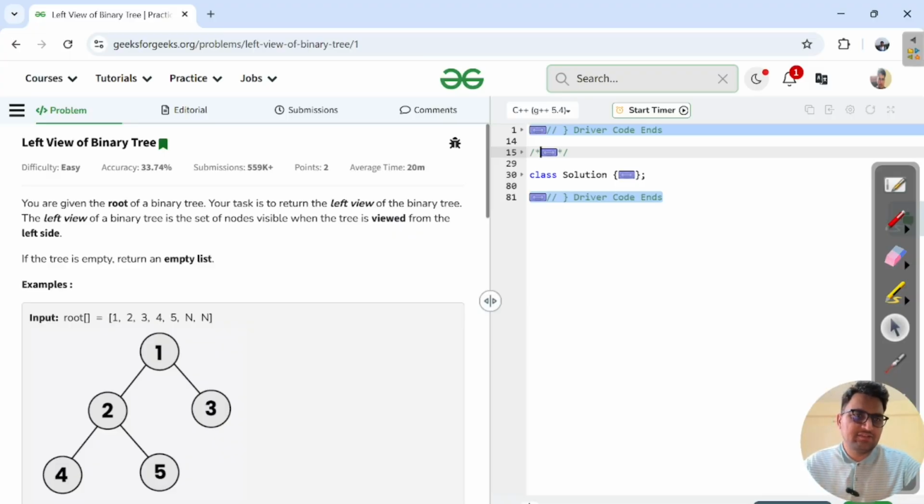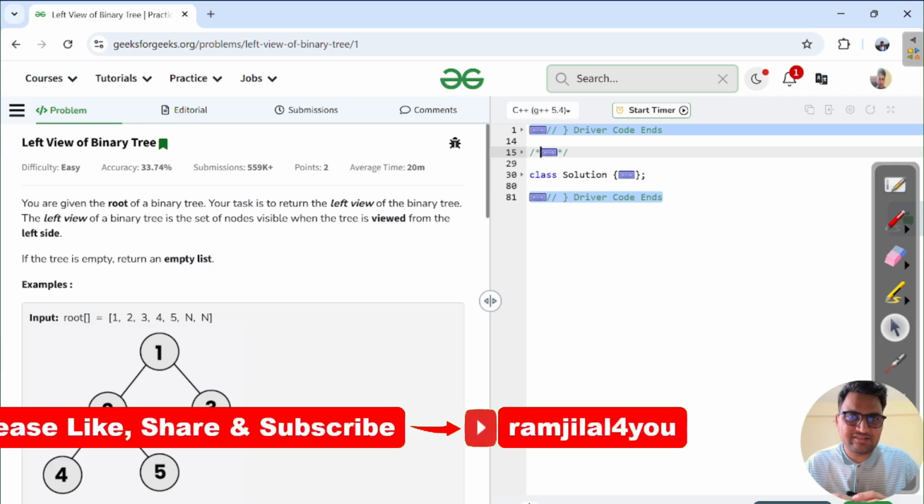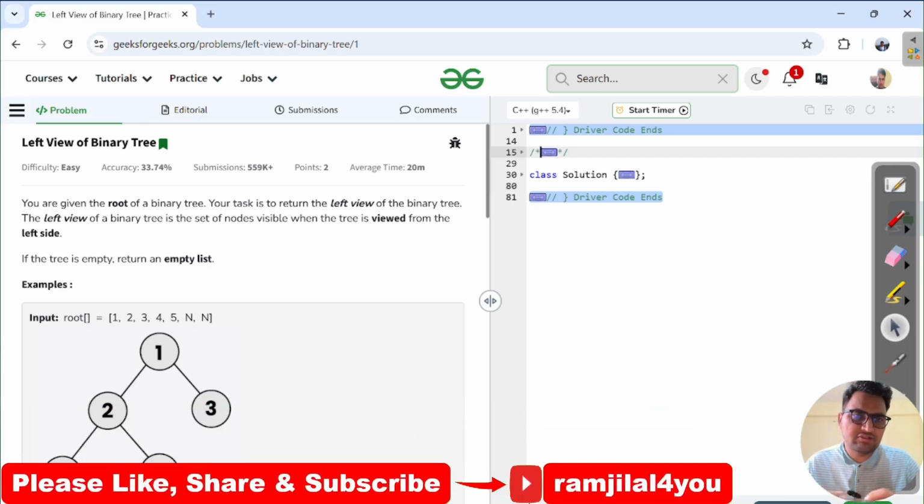So today in this video we will take a new DSA question, and here there are multiple questions related to this. We will discuss left view of binary tree, right view of binary tree, and then we will discuss top view of binary tree and the bottom view of the binary tree. I will explain what these terminologies are, right? Once you understand these terminologies, left view, bottom view, right view, top view, then we will discuss